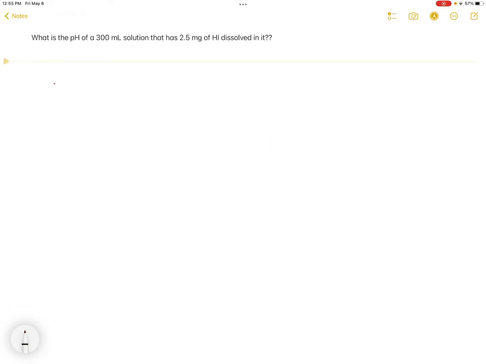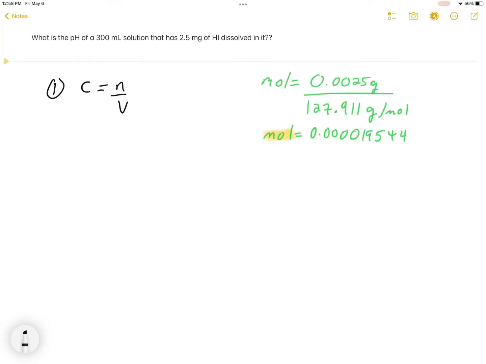So our next problem reads, what is the pH of a 300 milliliter solution, so that would be the total volume, that has 2.5 milligrams of HI, or hydrogen iodide, dissolved in it? So the first thing that we're going to do is get the concentration of this solution. So to start this process, we're going to convert the milligrams to grams so that we can find our moles using our grams divided by the molar mass, or grams per mole formula,